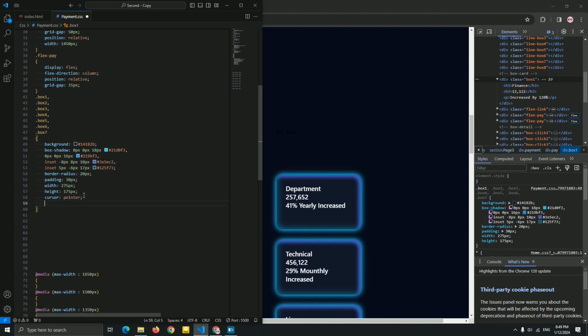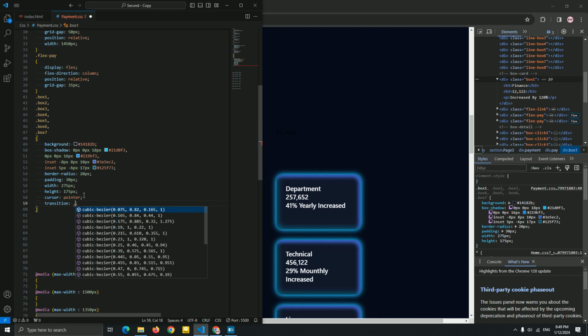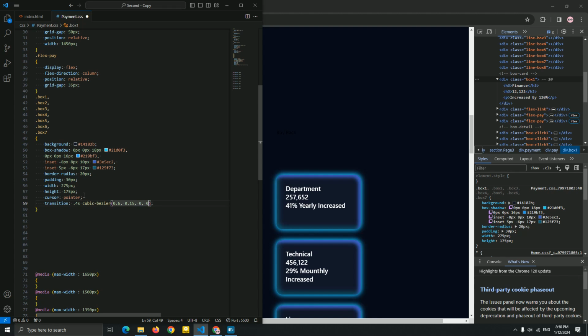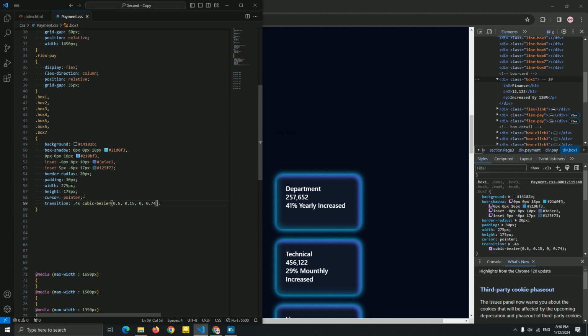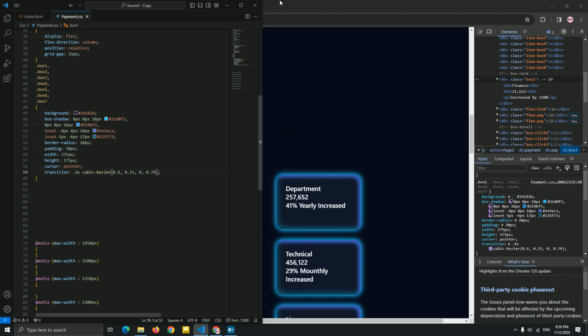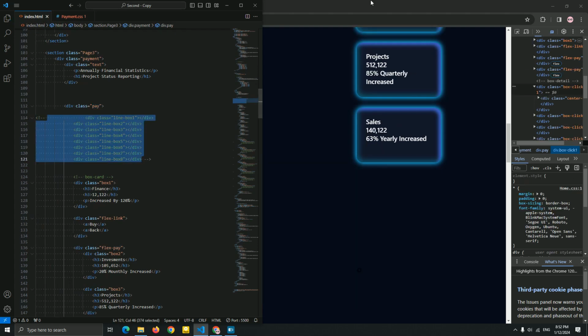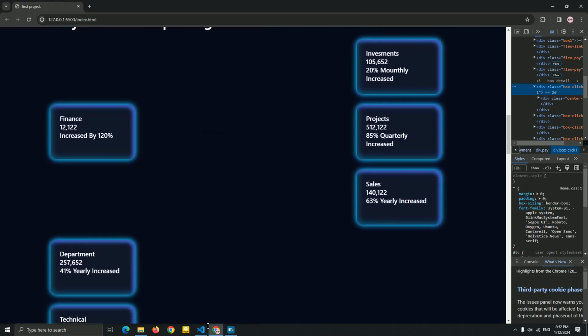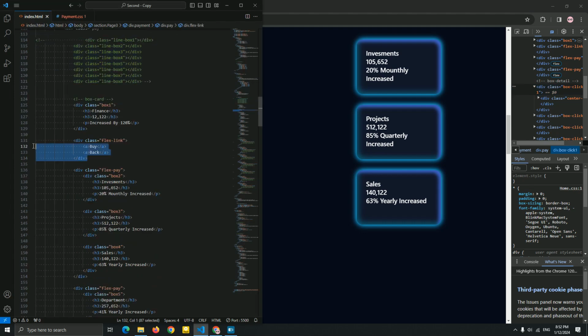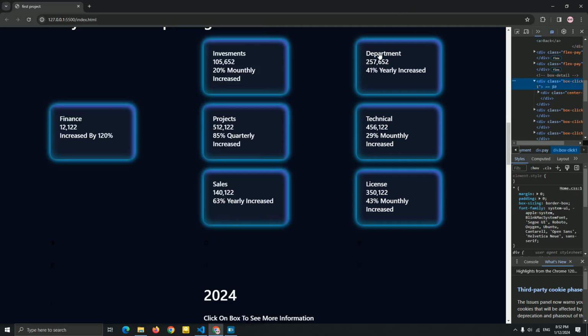Okay, cursor pointer. Let me add a pointer. Okay, let me add a transition because I want to add the JavaScript for this. So I'm gonna add a transition for this, and I'm gonna add a cubic bezier here that I created in inspect of this Chrome. Very good. Yeah, this is good for this number, guys. So for now, let me just add a comment for this. Okay, now it's working. Let me see. Add a comment. Okay, now it's good.